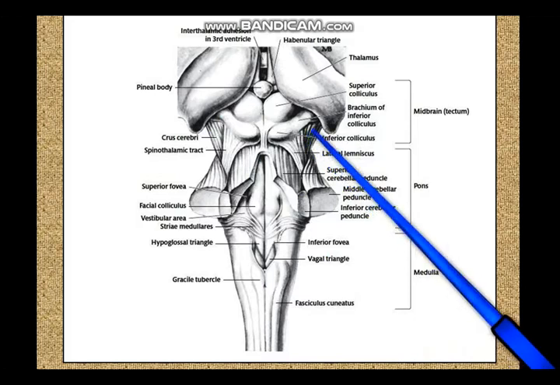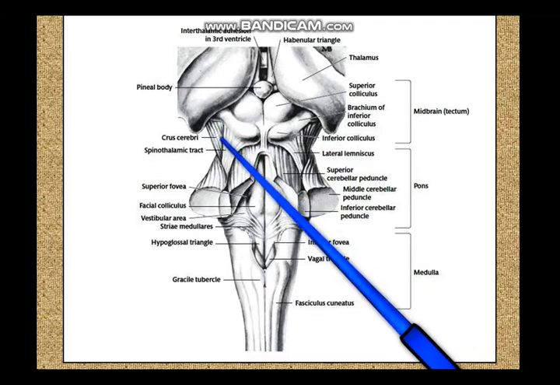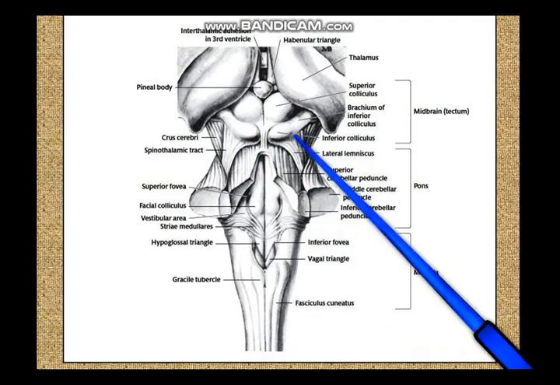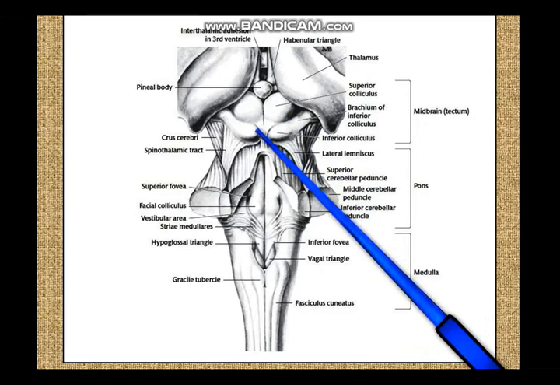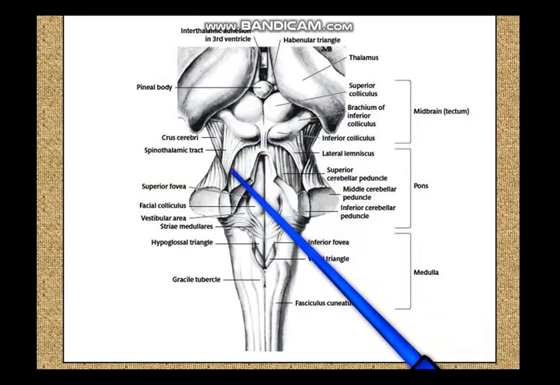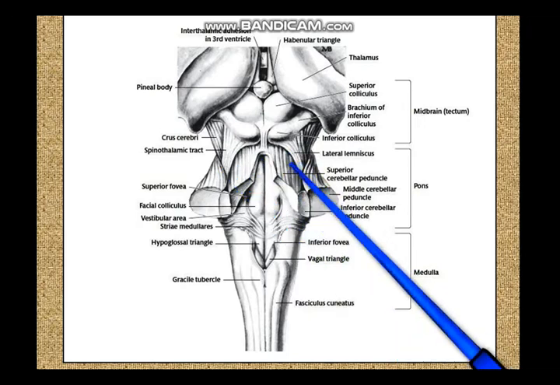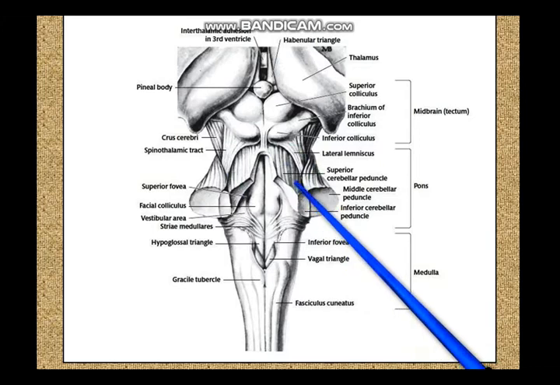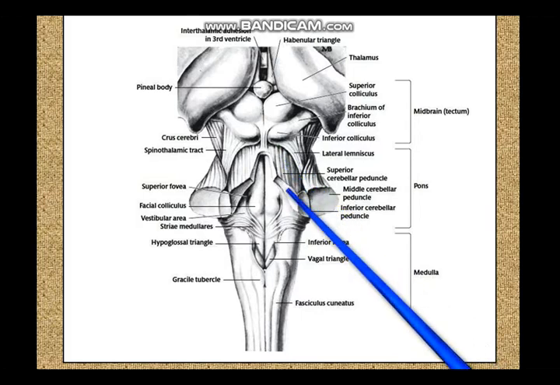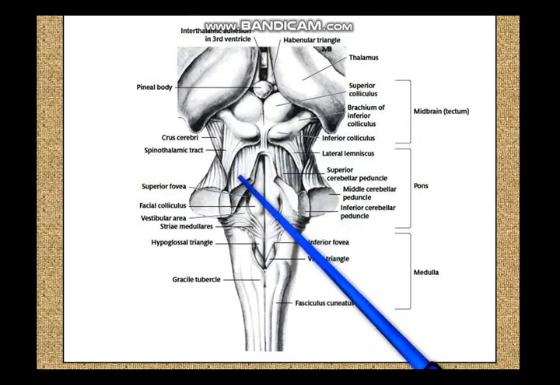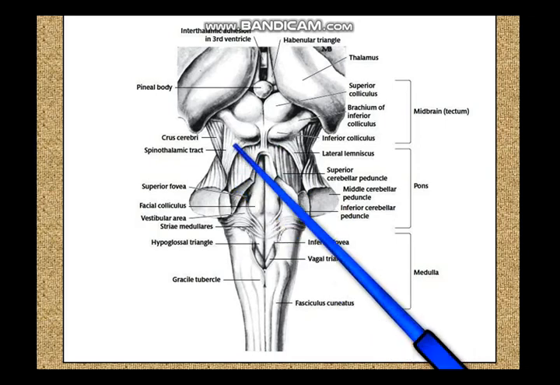could see better from the ventral surface or anterior surface. On the sides again you can see the crus cerebri. So crus cerebri on the anterior surface, posteriorly you have the pair of superior colliculi, the pair of inferior colliculi, and here this margin over here is the margin where you can see the superior cerebellar peduncle. So you see the superior cerebellar peduncle here coming down below this margin. So this is the superior cerebellar peduncle connecting the midbrain with the cerebellum.